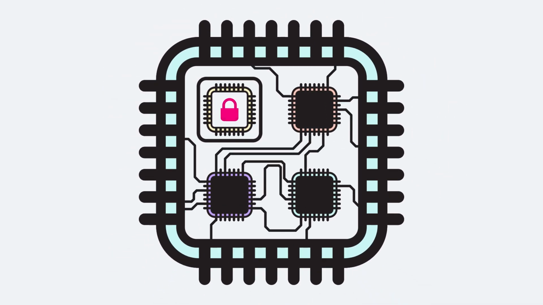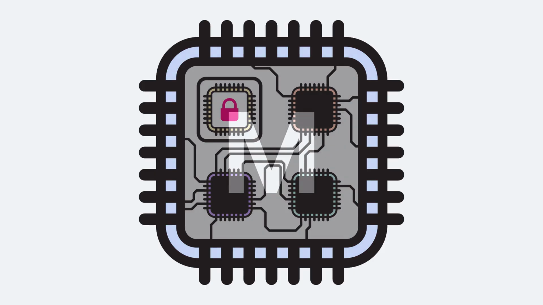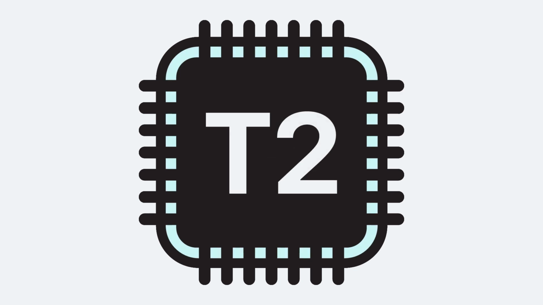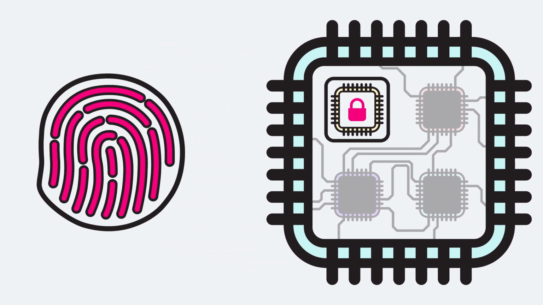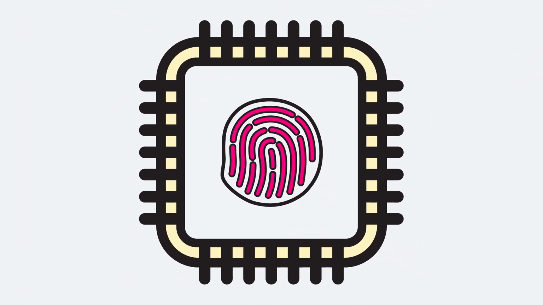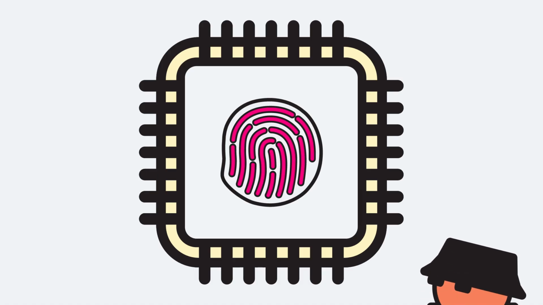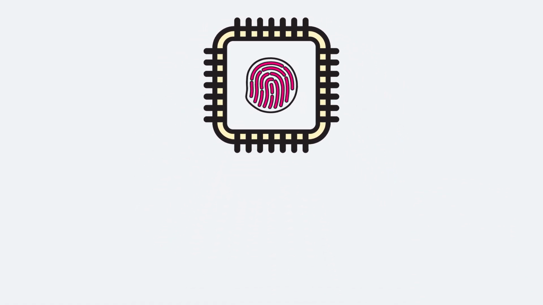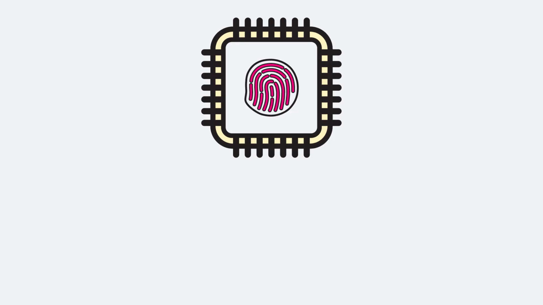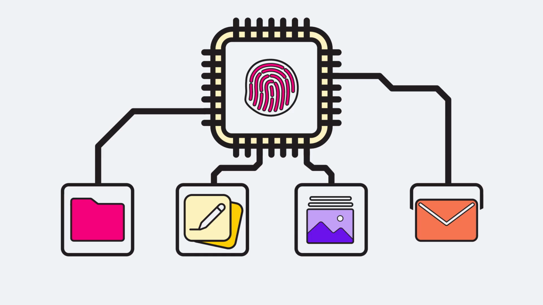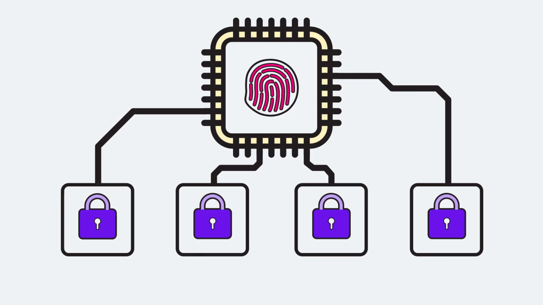processing security-related tasks, and is included in all M-series chips, later A-series chips, and Intel-based Mac computers with the T2 security chip. To keep biometric data secure, it's processed entirely within the Secure Enclave, meaning it's never exposed to the CPU or operating system, where it could be targeted by attackers. This protected biometric data can then be used to easily safeguard other information, like application data, notes, photos, and emails, by way of enabling device encryption.